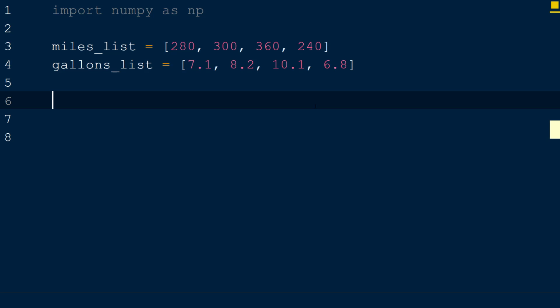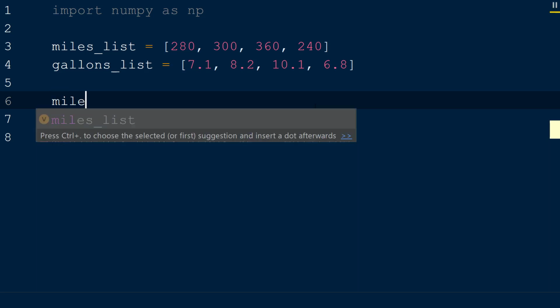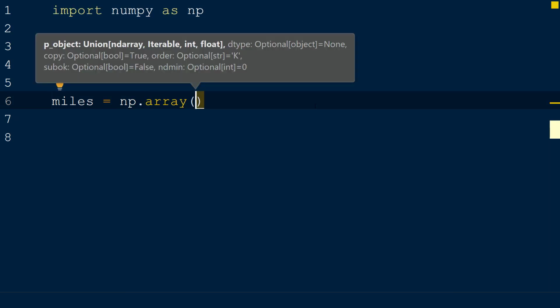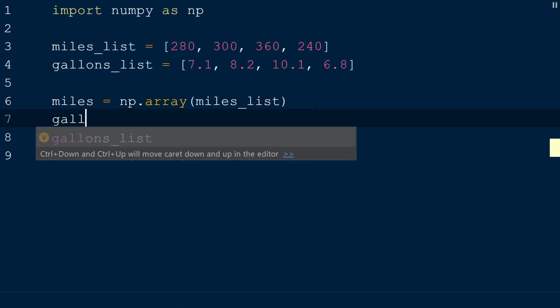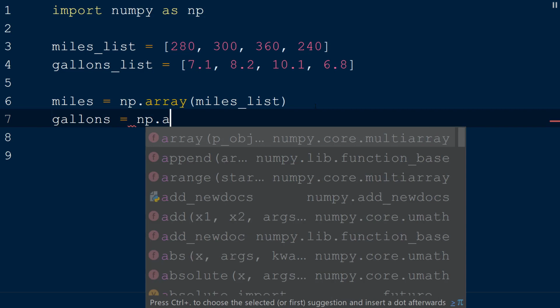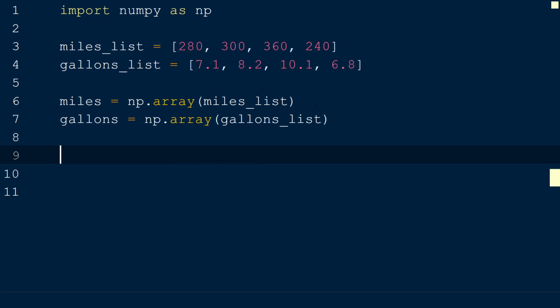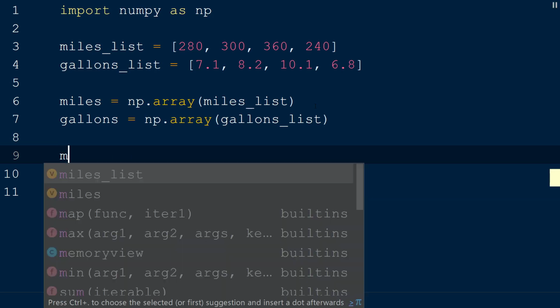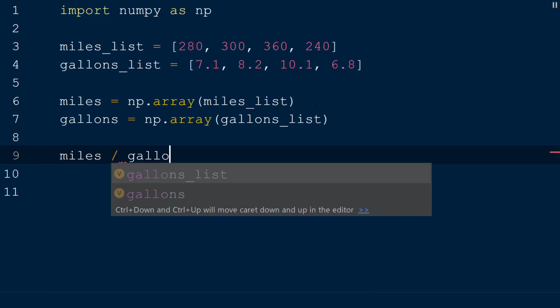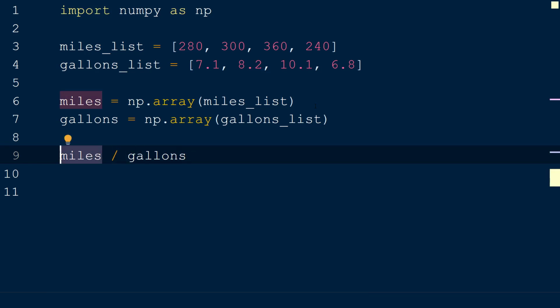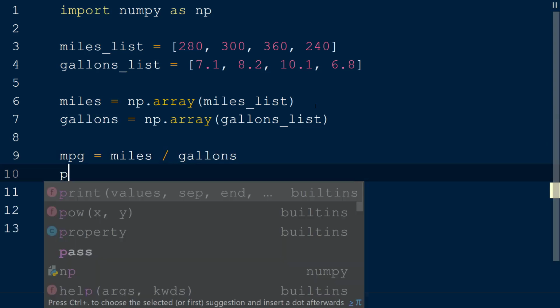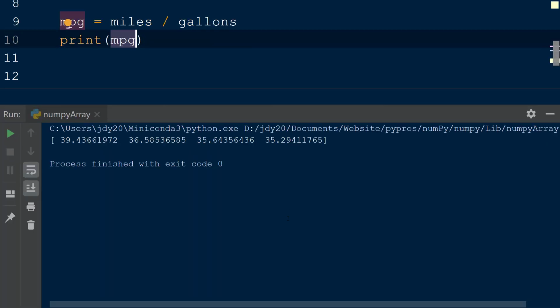To create a NumPy array, we will use the array function and pass in an existing Python list. The miles_list will be converted to the NumPy array, miles, and the gallons_list will be converted to the NumPy array, gallons. Now we can perform element-level operations with a single calculation. To calculate the miles per gallon for each portion of the trip, we can divide the two NumPy arrays, miles divided by gallons, and then assign the result to a new variable called mpg. The result is a NumPy array with the result of each calculation performed for each element in the miles and